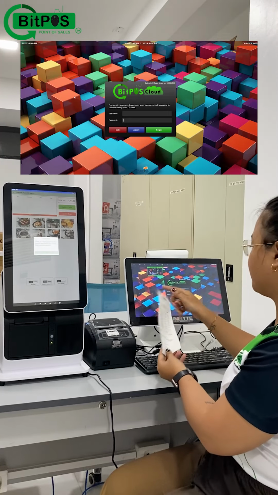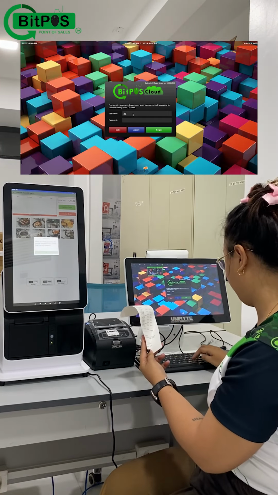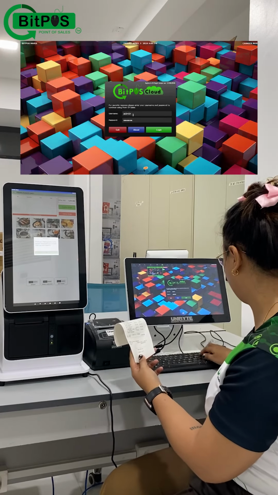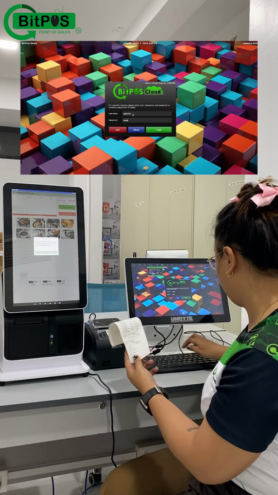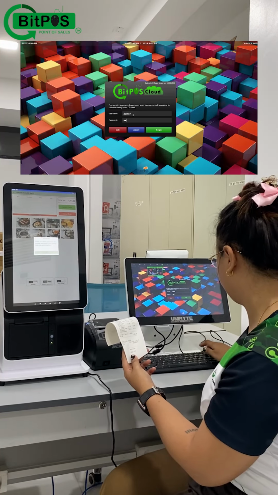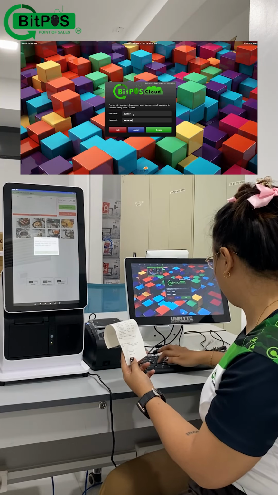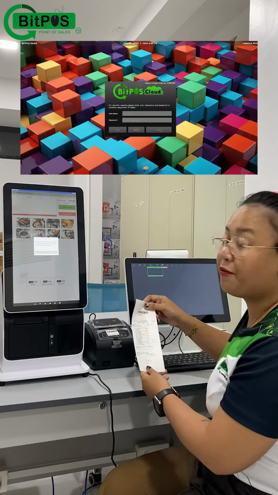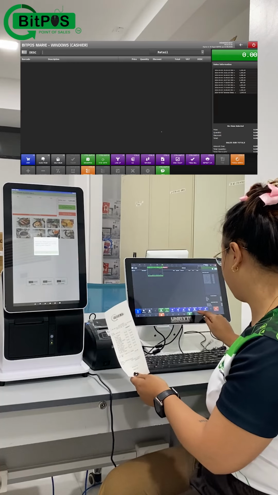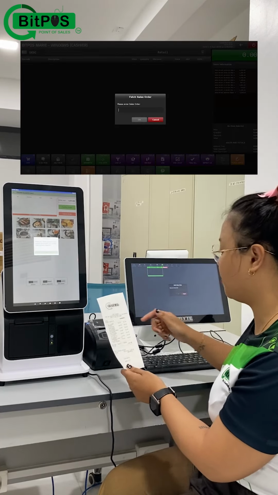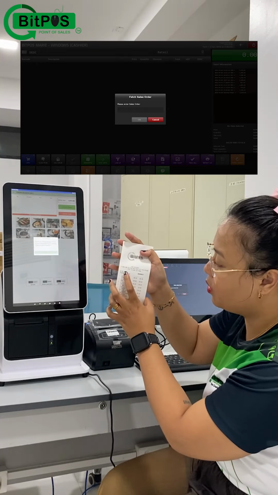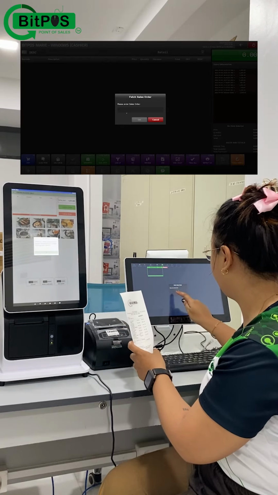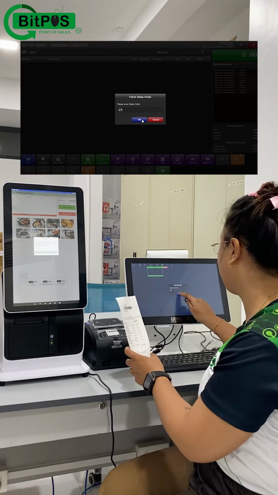And then here in the POS cashier, the cashier will log in. I'll be logging in using my admin account. Next, once you have logged into the cashiering side, you may tap the Fetch SO, which is this one, Control F or SO. And here in the order slip on top, you will see the SO number. I have here number 27, and I'm going to tap 27, and then tap OK.